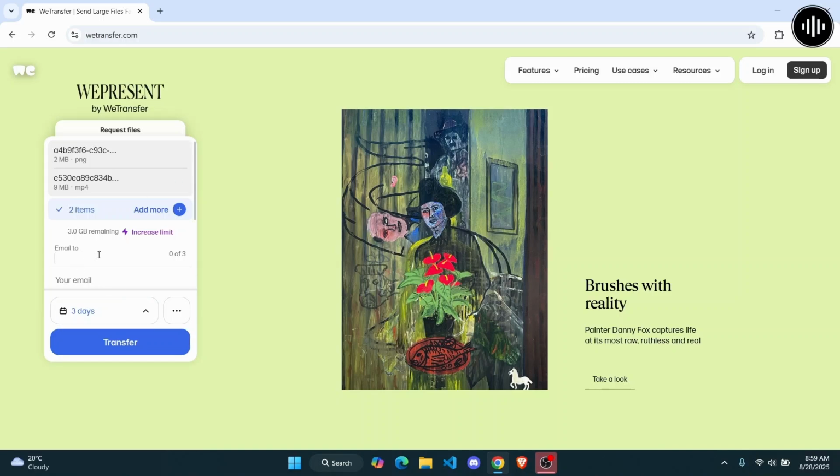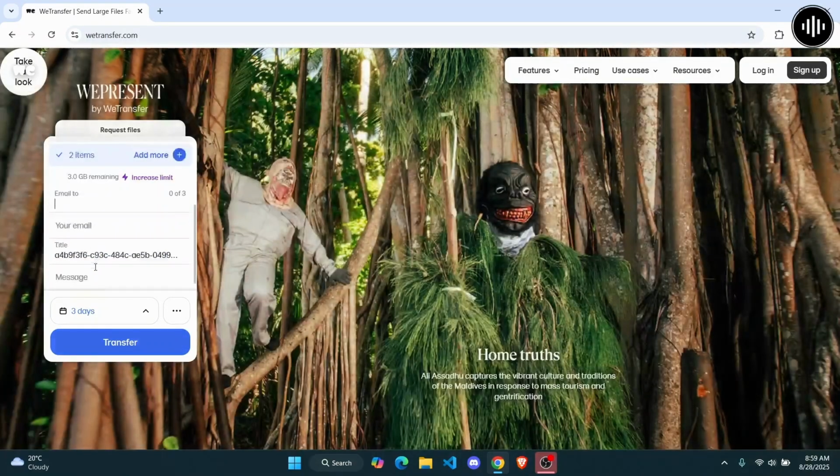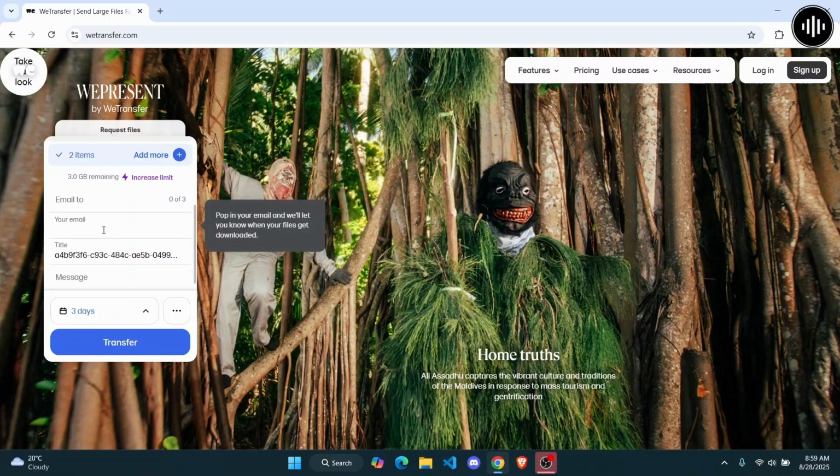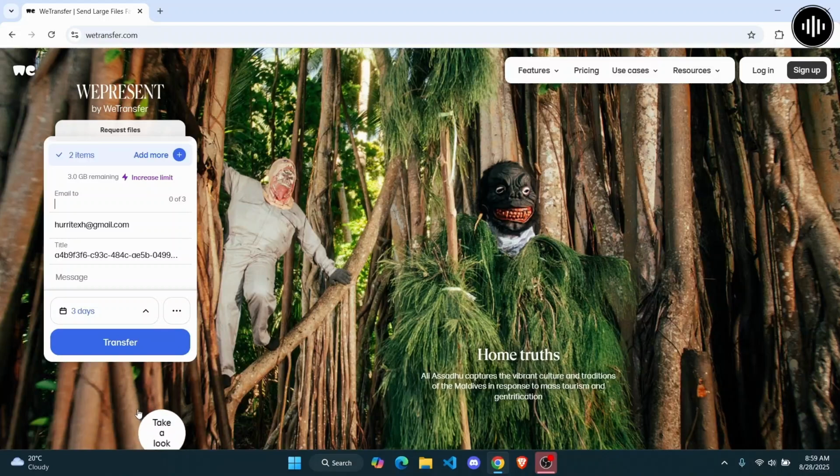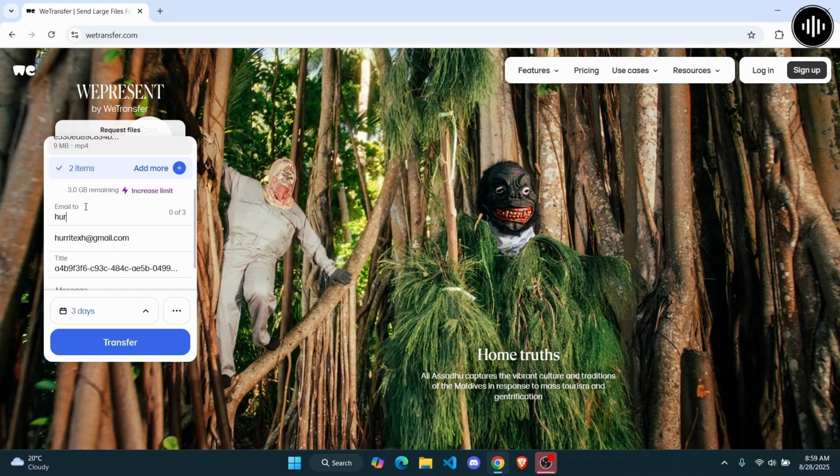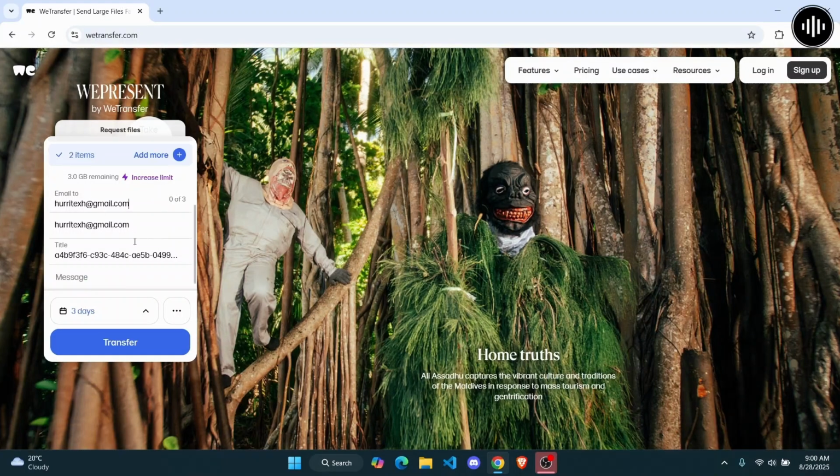Now here you could just enter the email address of the recipient and then your email address. So it's going to show you guys who sent the email, and on the recipient's end, you can add their email address. So let me just quickly add my own email address over here as well. But you are going to have to add the recipient's email address. Once that is done,